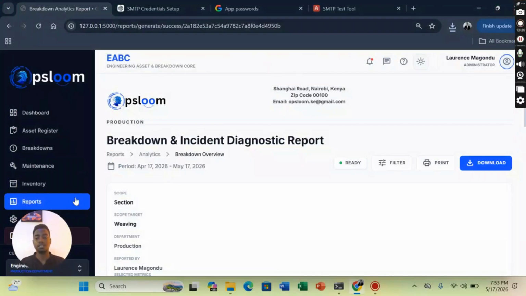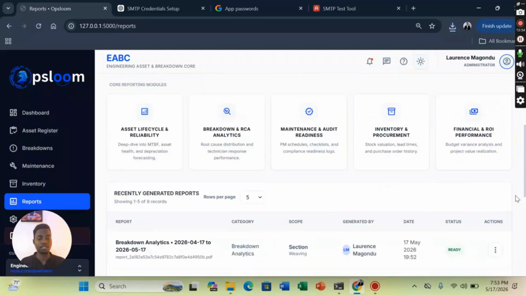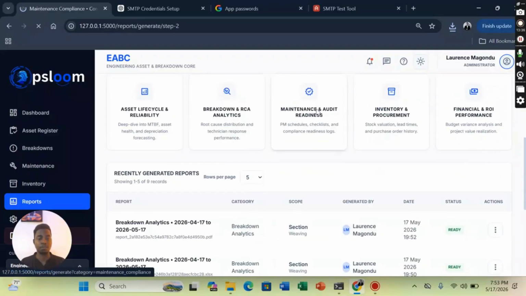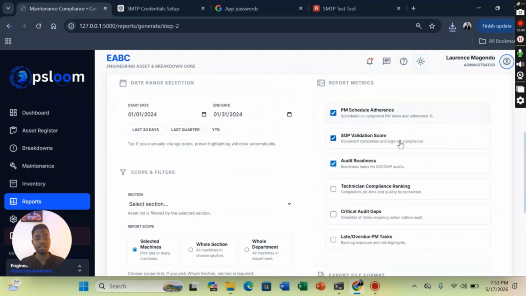To save on time, let's look at what the metrics for maintenance and audit readiness have. So it has PM schedule adherence. If our PM schedule adherence or compliance rate was less than 100, it will give the SOP validation score. Now the idea for this SOP validation score was that we could